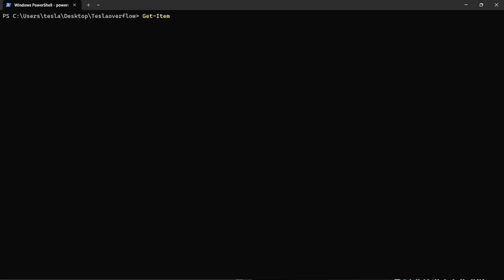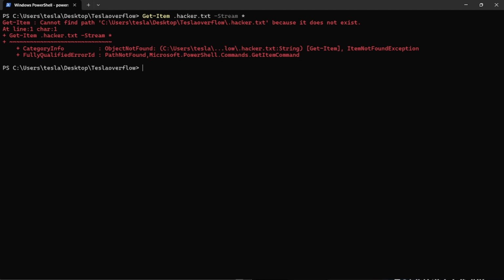So Get-Item, then the name of the particular file you're doing forensics on, and its extension, which is txt. The next thing you want to do is use -Stream, and guess what you're streaming for? You're streaming for the wildcard. So you type the asterisk, which is just on top of the 8 on your keyboard; if you press shift, you get the star, which is called an asterisk. And once you type that, it should get the actual